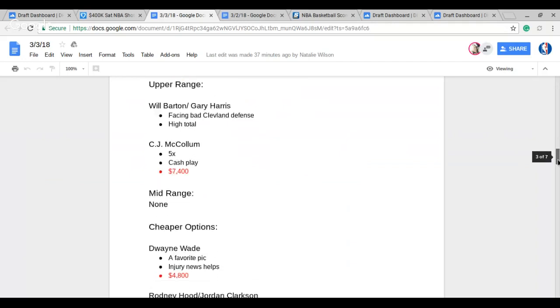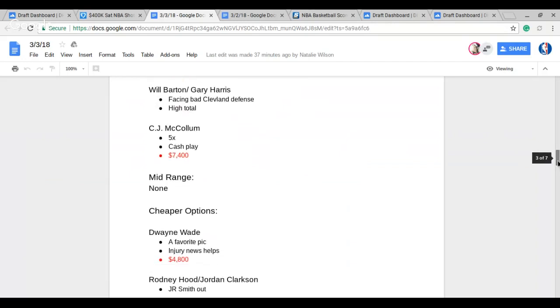I put Will Barton, Gary Harris as a combo here, facing a bad Cleveland defense. No J.R. Smith, so I think that helps him out a little bit. Yes, Rodney Hood's not a bad defender, so Will Barton, Harris, it's kind of up to who you want to pick in there. Barton is like $1,200 or so more than Harris, so I really don't mind either one of them. You're going to want a couple Denver Nuggets in this game because that's one of the highest totals of the